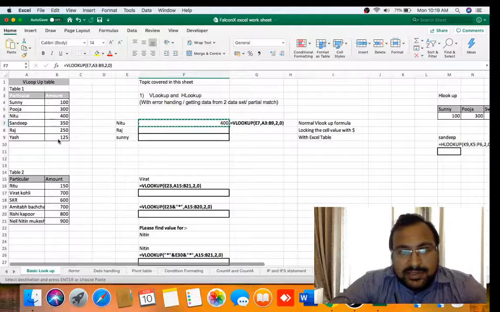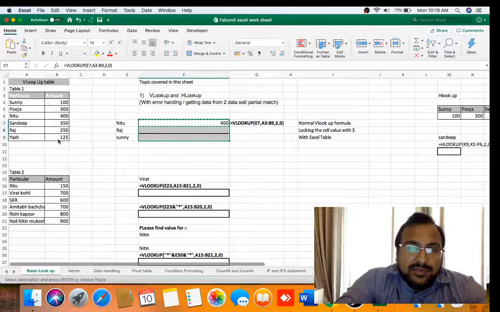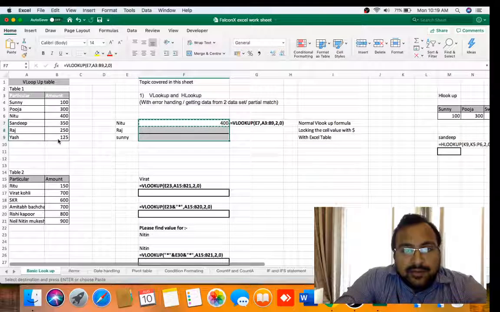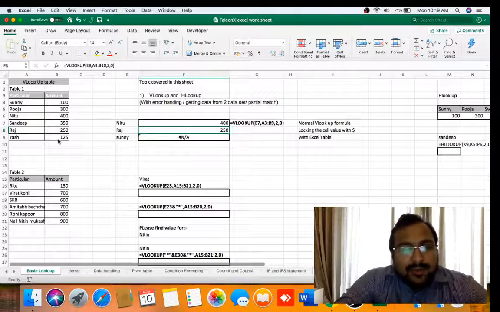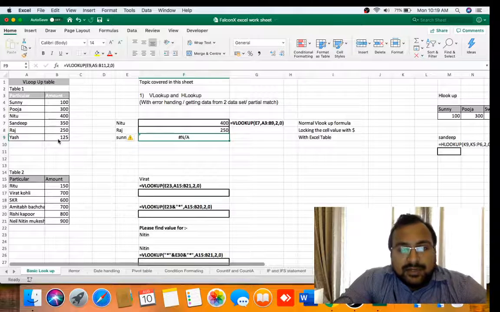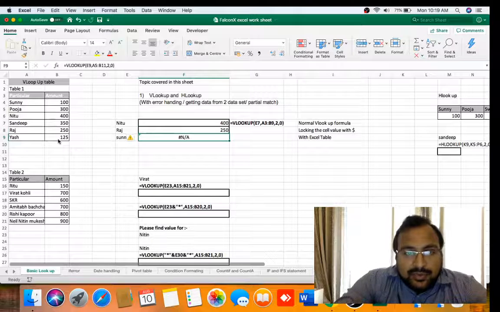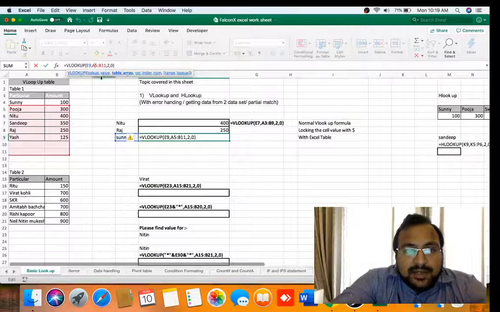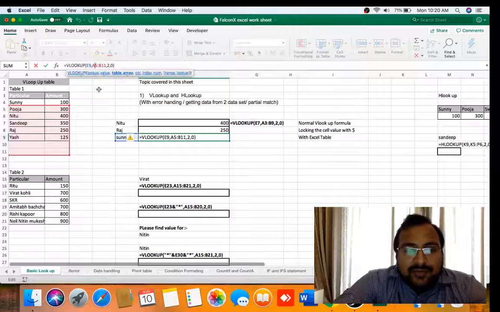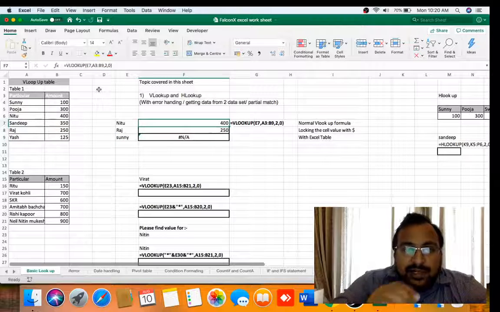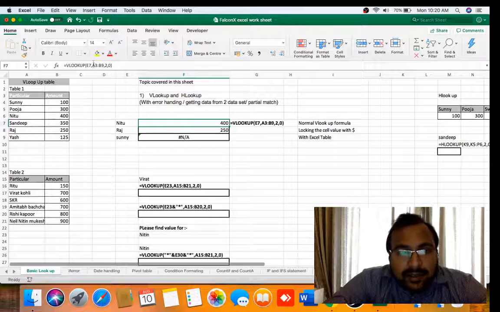Now if we copy paste this formula, we want to find the value of Raj and Sunny also. Now let's see what errors we will get if we copy paste. As you can see, if we copy paste the formula, here Sunny's value is not coming, it's an error in the formula, and here Raj's value is coming, but let me show you why it's giving an error. When you copy paste the data, you can see our table array changes from A3 to B9. It has changed to A5 to B11. So how can we fix it while copy pasting the formula so that our table array does not get shifted?